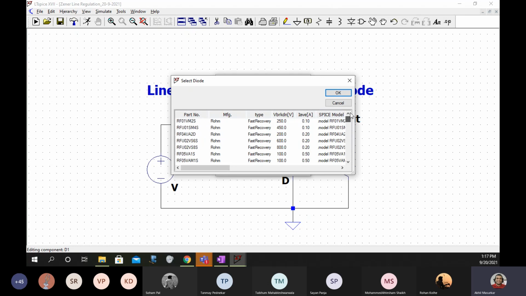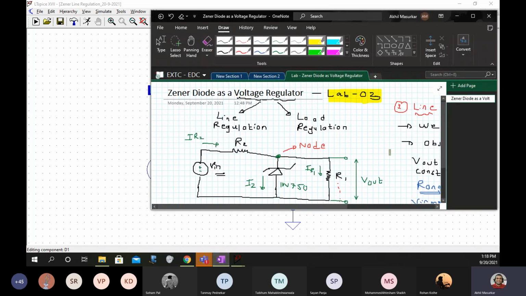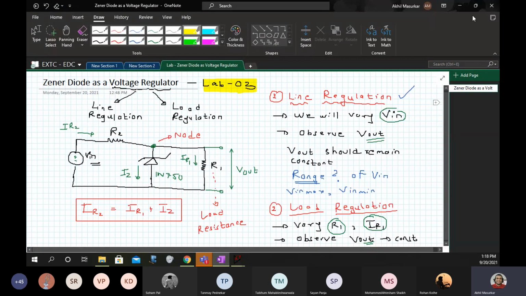We will go to the Zener category, which is the last category, and in that we will have 1N something. You can see this 1N750, there is a Zener diode there, and you should note that its breakdown voltage is 4.7 volts. Good, Makran, Omkar.